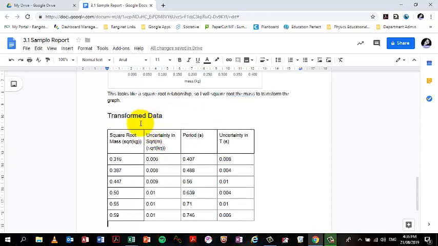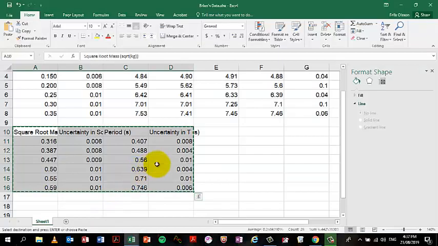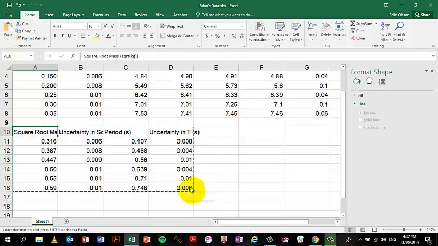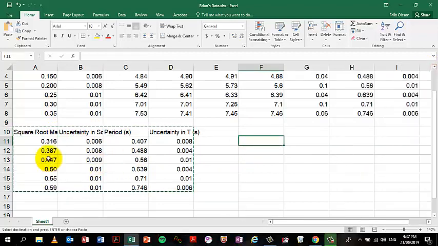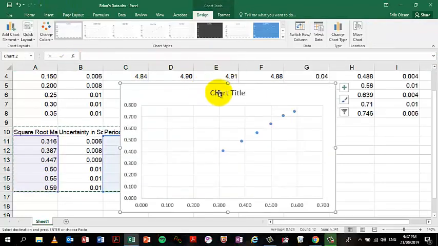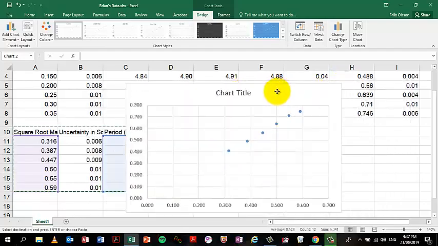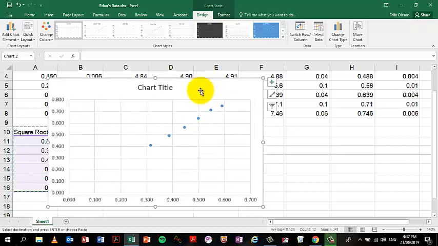Now that we have the borders, we need to go back and now create a linearized graph out of all of this. So if we go back to here, what we want to do now is plot a graph of period against square root mass. So I'll just highlight those cells just like I did with the previous graph. Click Insert, choose Scatter, and that looks nice and linear, so we're on the right track with this. So now we're going to do all of the plotting of this graph. So the first element that we need is